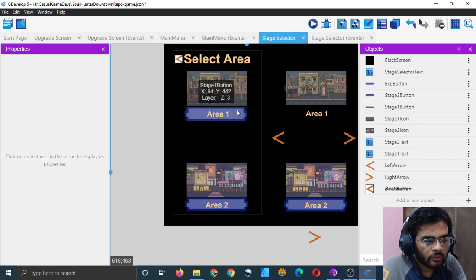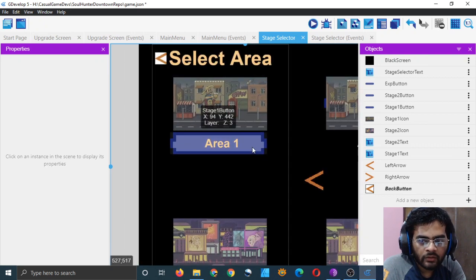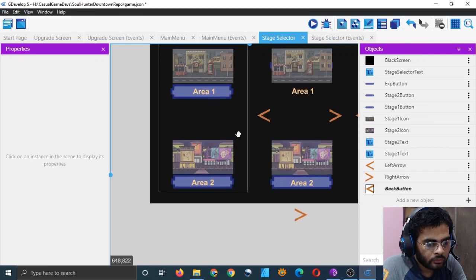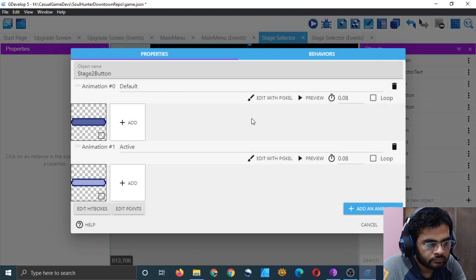Now you can see that we don't have the extra area. It's only this much as it should be. So let's do the same for this button, the Stage 2 button.